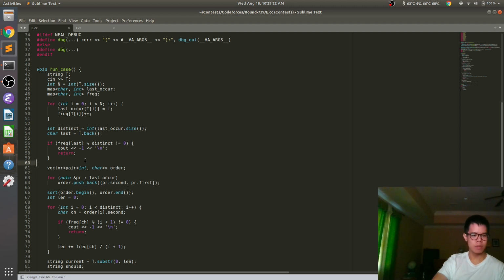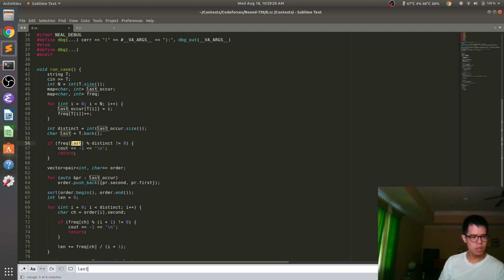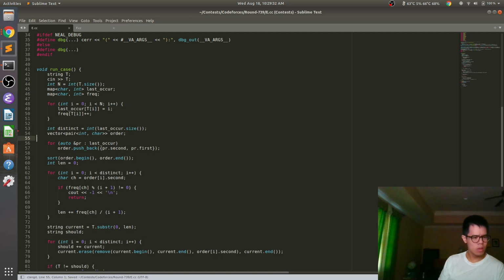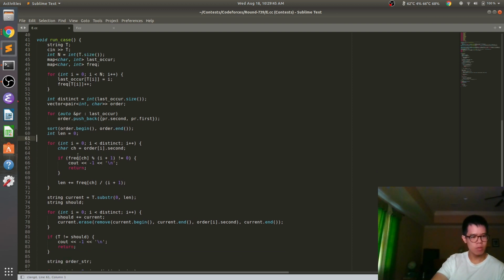I guess this is no longer needed. Yeah, I can get rid of this actually. My code is not the shortest, or it has some redundancies, because I changed the idea halfway through. Okay, so for every character in this order,